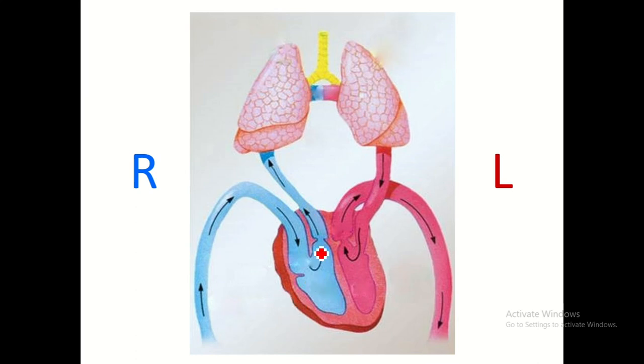The heart has four chambers: right atrium, right ventricle, left atrium, left ventricle. The innermost layer is endocardium, then there is myocardium, and the outermost covering is pericardium. Plus, the heart has four valves. The right side of the heart receives deoxygenated blood from the body, and the left side of the heart provides oxygenated blood to the body. The function of the heart is to provide oxygenated blood to the tissues and organs.